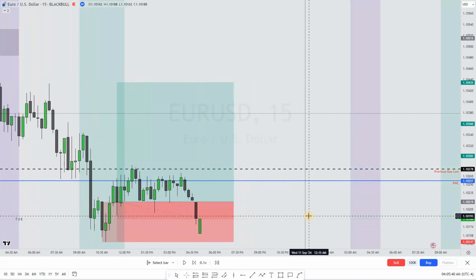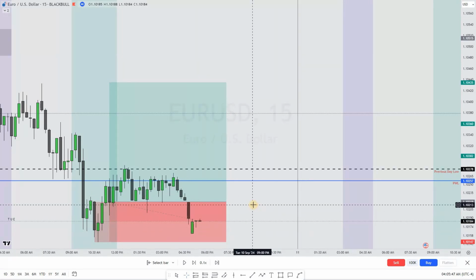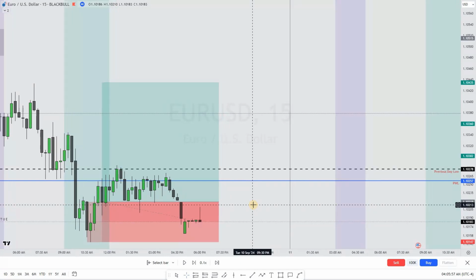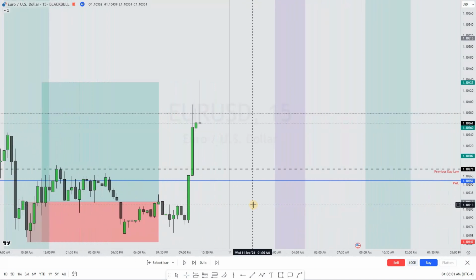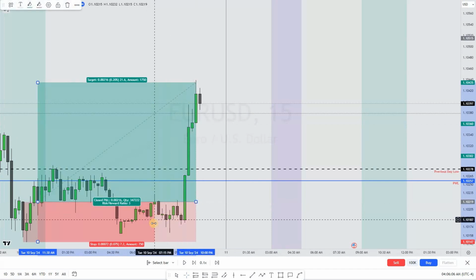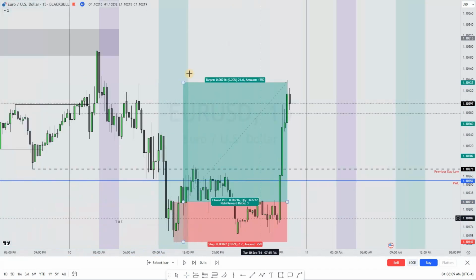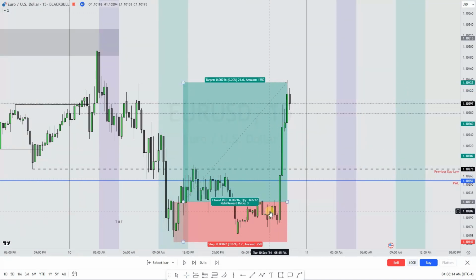But as you can see, it went into a very deep drawdown, and I really don't like this. But then again, part of my rule is to allow take profit or break even unless we have a swing formation above or below the direction of my trade. So yeah, this price went and went and went. I think this will take profit. Yeah, during Asia session. So that was Tuesday, trade number 3.